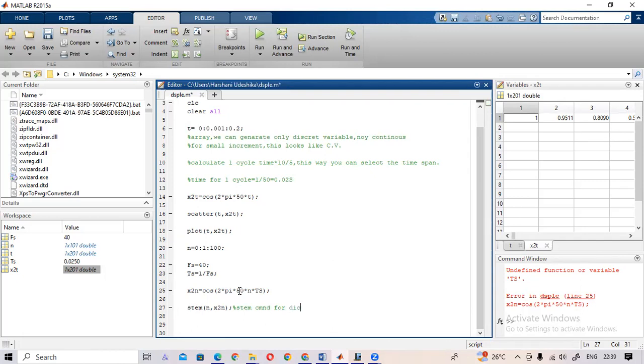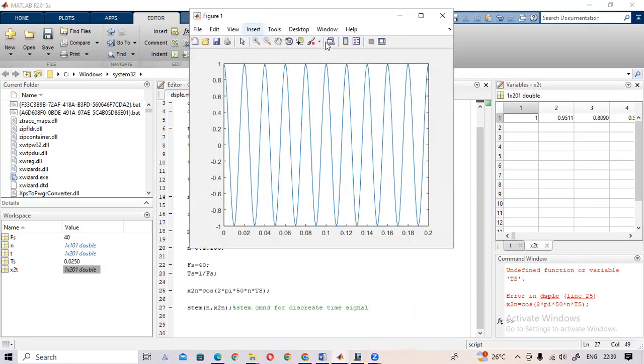The stem command is for discrete time signals. It will show the corresponding amplitude values and also join them with the corresponding sample values. So if I run this,